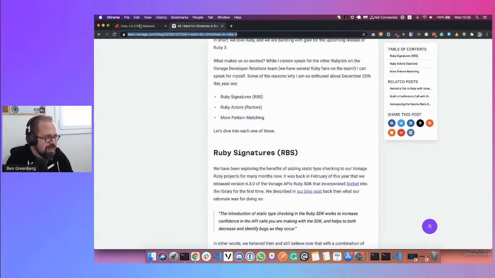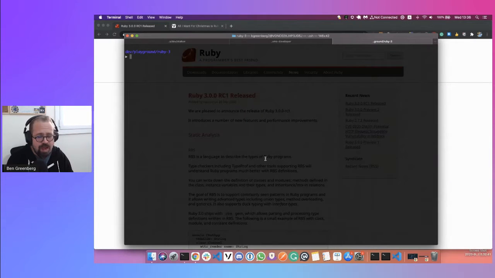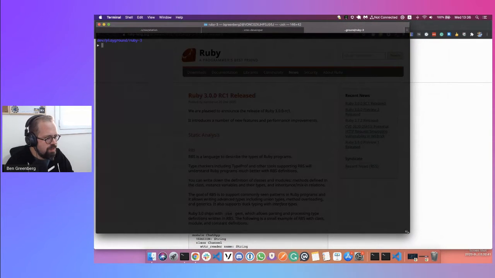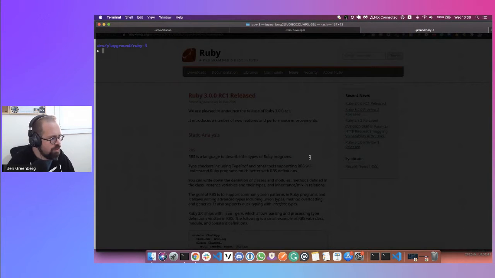Well, to get to play with the Ruby 3 release candidate 1, we have to install it. A little bit of forewarning, I already had installed it on my system because I wanted to get that one part taken care of. So if you can see my terminal, I'm using rbenv to manage my Ruby versions locally.